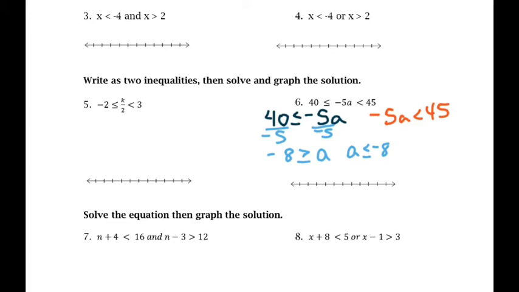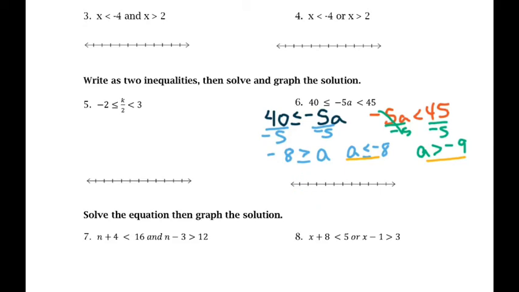Okay, now I'm going to go to the other one. Divide by -5. So again, I have to flip my sign. So a is greater than, and that will be -9. So if I take these two inequalities, this and this, I'm going to put those on the graph. So let me do my blue one. So I'm going to have -8 over here, a colored in dot, and it's going to be less than, so we're going to go that direction. The green one,